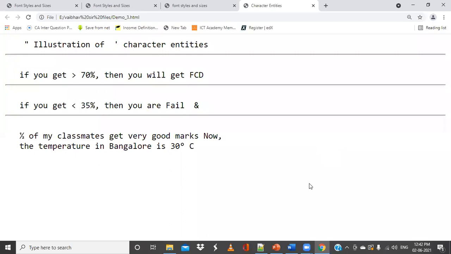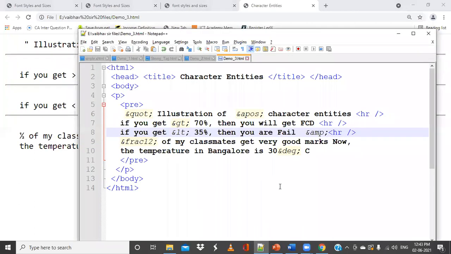Are we clear with this, everyone? Yes, sir. So in today's class, you're going to practice all this. I'm going to send all these small programs and you're going to write in your notebook and you're going to execute these. And maintain a separate